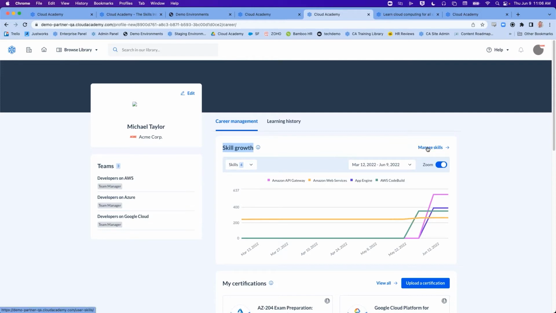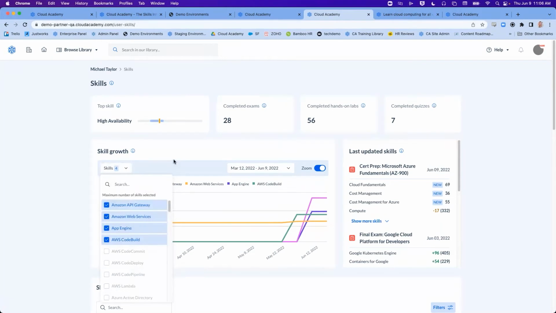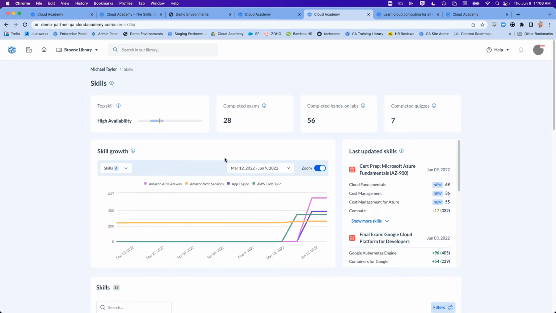As I jump into managing my skills as an end user, one of the first things you'll see is the ability to dictate which tech skills I want to track and follow as I upskill. What I love about this is that the objective of the end user determines what they're following. Are they interested in creating internal efficiencies with your current and future tech? Are they interested in a promotion? Are they simply interested in getting better at their job? The decision is up to them. They get to select which ones they follow.